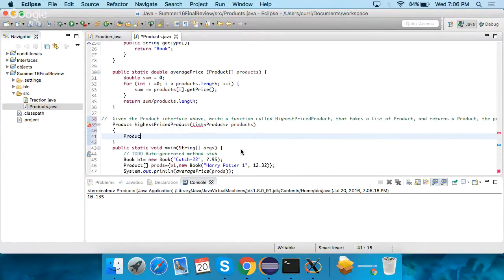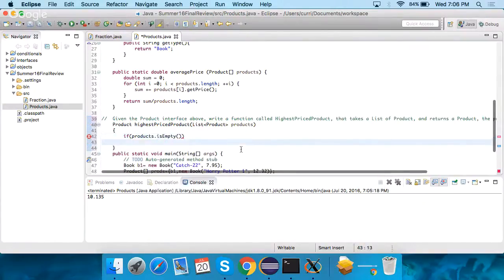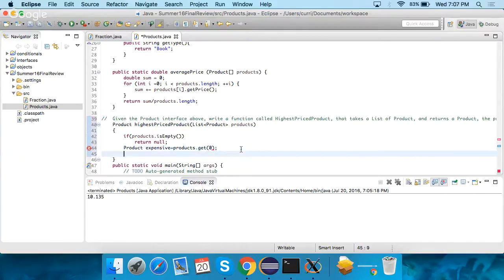So we can do product, actually, if products dot is empty, so we don't, right? Now product expensive equals products dot get 0, and for